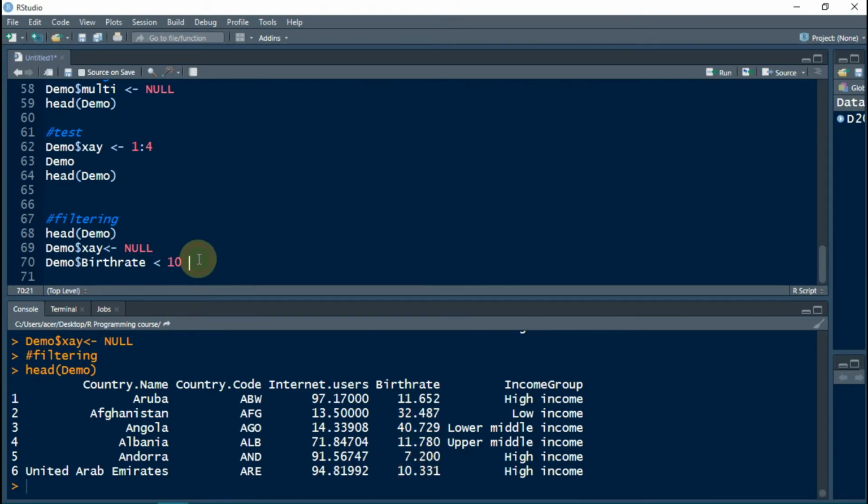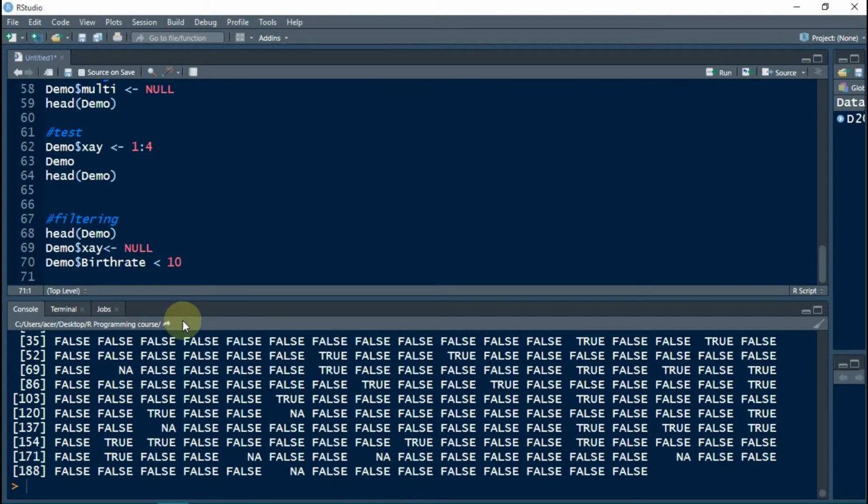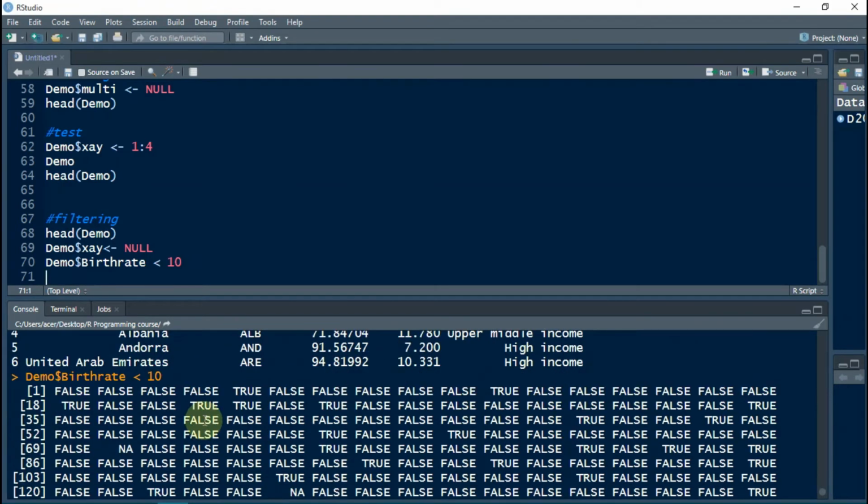So let us run this command and this is what we will obtain. It means that in that particular row, if the value of birth rate is less than 10 then we will get TRUE, and if it's greater than 10 we will get FALSE. So let us assign this vector to an object. Let us call it filter.